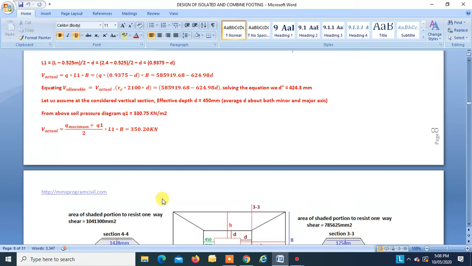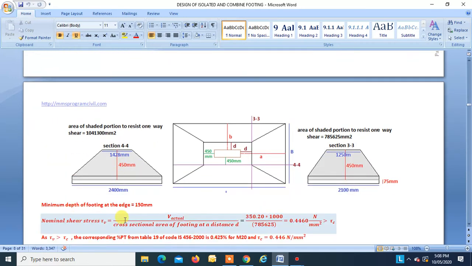Now, as I told you, from V actual we find the nominal shear stress, and our nominal shear stress should be less than tau c. Because we are not providing shear reinforcement in footings, if your nominal shear stress tau v is found to be greater than tau c, then you will have to increase your T, or increase the percentage of steel. Let us take our case. Minimum depth of the footing at the edge over here we are taking as 150 mm. The nominal shear stress tau v is equal to V actual divided by the cross-sectional area of the footing